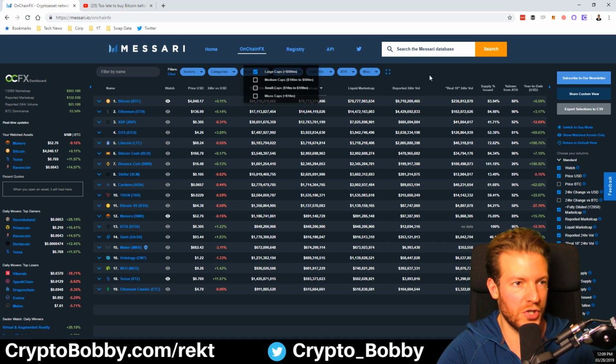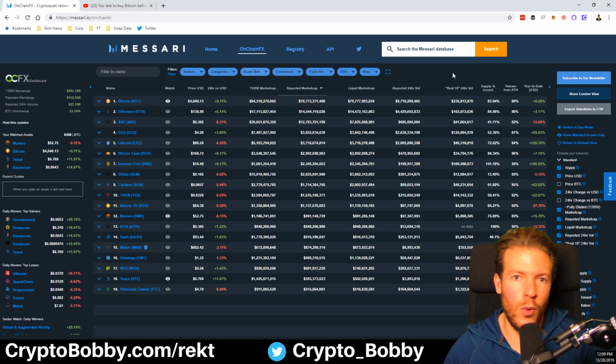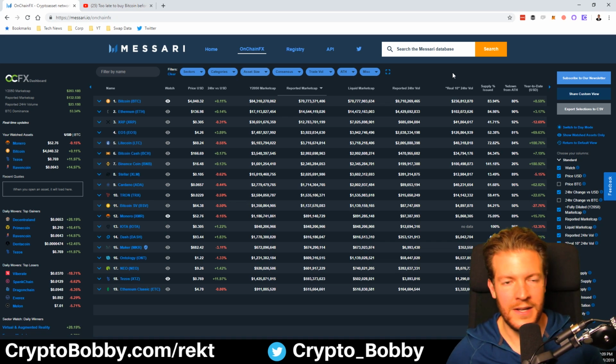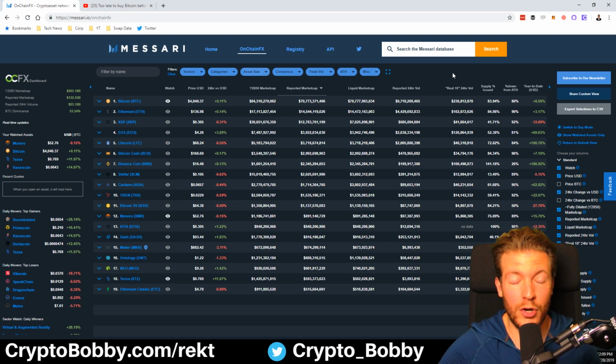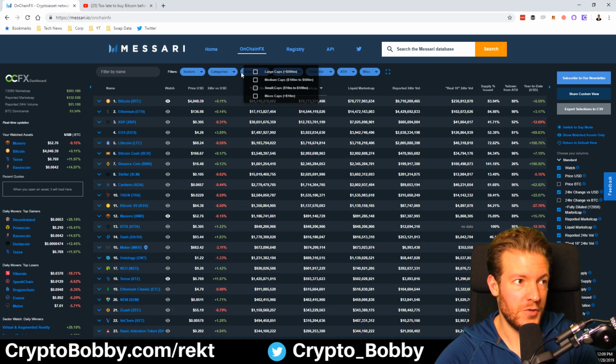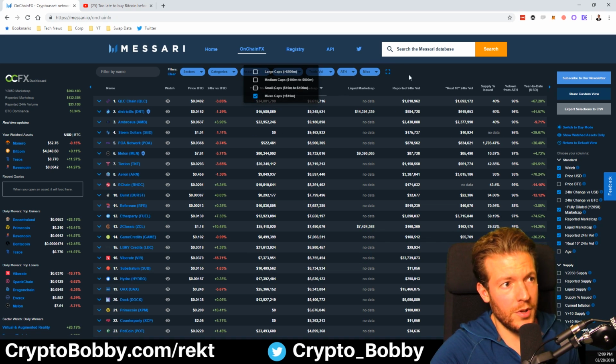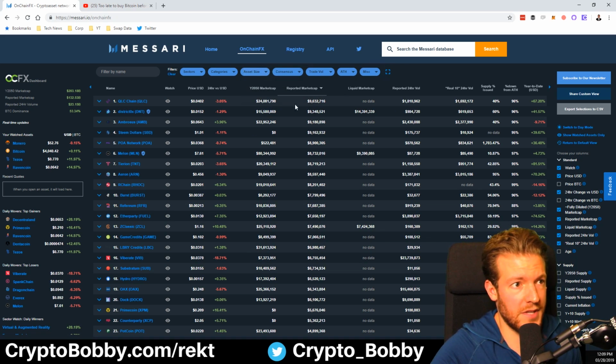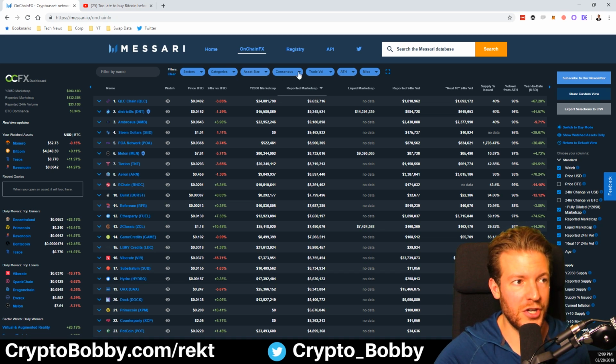If you just want to look at large cap cryptocurrencies, like, hey, I don't want to trade anything that's a small or mid cap, it's too illiquid, might get stuck in a position, whatever. You can only look at large cap cryptocurrencies. Or if you are just loving life as a professional shitcoiner, you can go through the process of looking solely at micro caps and look at anything below $10 million and browse through that and find a bunch of information any way you'd like it.